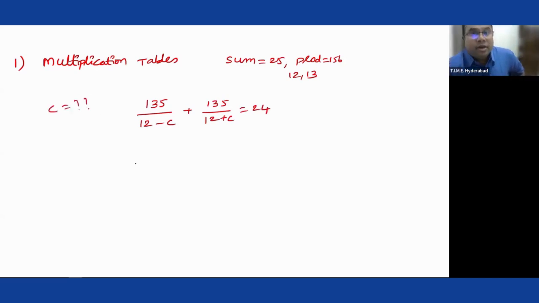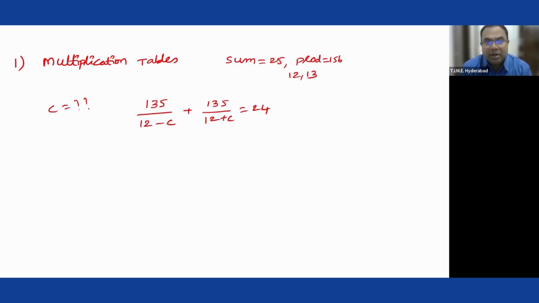I'm not saying find the C value. If I'm asking you to solve, everybody here should be able to do that, right? But I'm not asking you to solve, I'm asking you to guess the C value. By looking at these numbers, can you just guess my C value? If I simplify this, take 135 common, (12 minus C), (12 plus C), LCM. (12 minus C) into (12 plus C) is 144 minus C square. C square means it is obviously a quadratic equation. Finding the roots is okay. Narsimha, correct answer, but it has to be plus 3, Narsimha, because it is boats and streams, so the value will